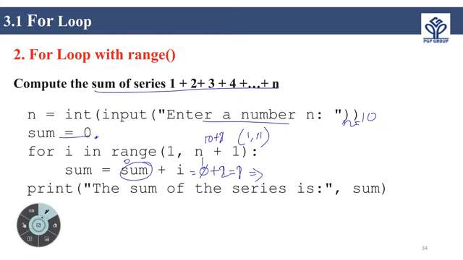So next, the sum value is 1, plus the I value is incremented, so 3. The sum value, that is sum is equal to sum plus I value 3. The sum value is 3. So see there,